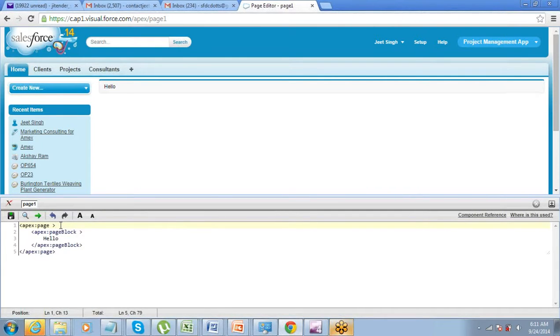Let's say on this page you don't want to see this sidebar. The sidebar is an attribute of the page. You can just go and say sidebar equals false. So in the same page component, I have defined an attribute of the page component. If I save it now, the sidebar will be removed.